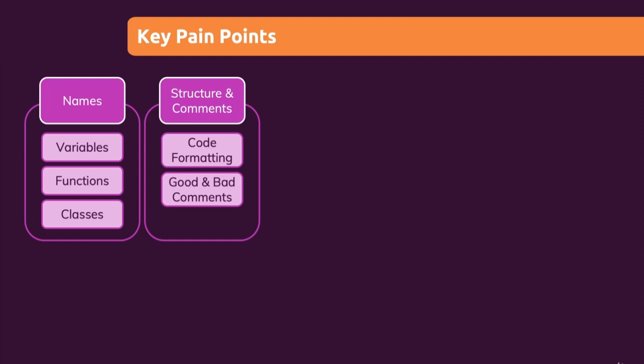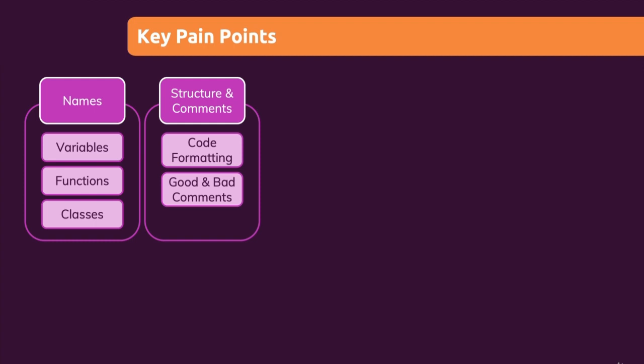As you will learn in this course, code formatting matters, and there are various aspects that come into play when we talk about code formatting. And we also can differentiate between good and bad comments, and we can see how that matters and how comments, and too many comments, could actually lead to dirty code instead of improving it.